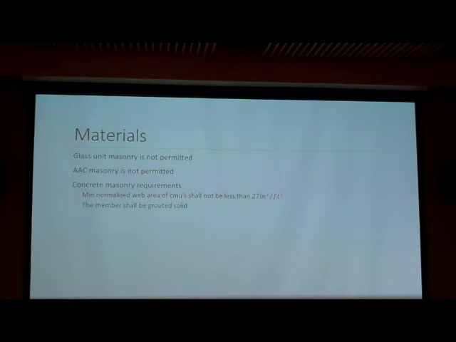Some concrete masonry requirements are that the normalized web area should not be less than 27 inches squared per foot squared, and that the member has to be solid or grouted solid. These are some requirements for lateral supports,